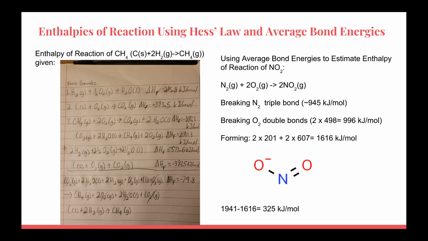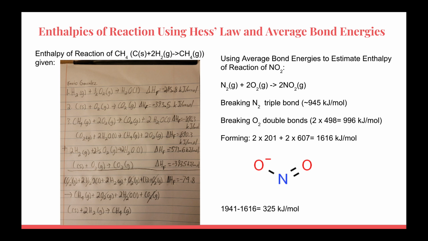So we search it up and we see that each of the bonds has a bond energy of 498 kilojoules per mole. So we're going to go ahead and multiply by 2 since we have 2 molecules of oxygen gas. And then we see that the bonds we're forming are a single bond between the nitrogen and oxygen and a double bond between the nitrogen and oxygen. And we have 2 molecules of nitrogen dioxide gas. So we're going to go ahead and multiply both of those by 2 and add them together, and this gives us a total bond energy of